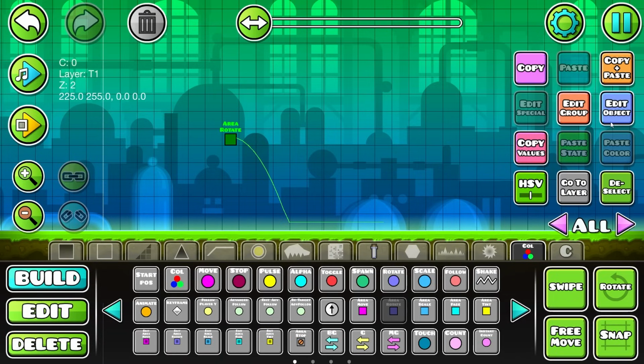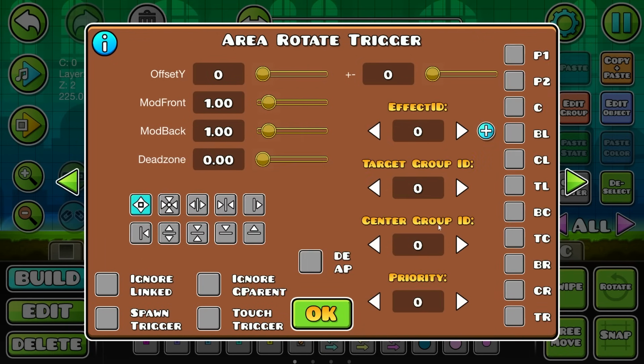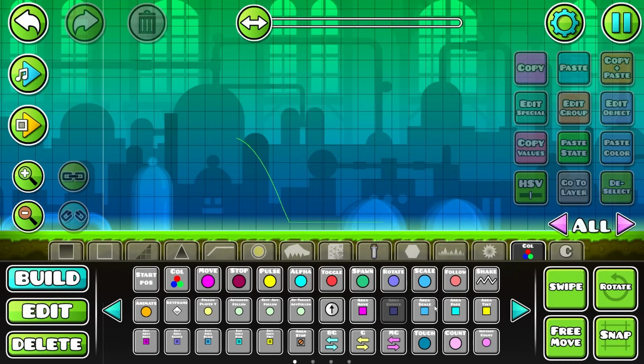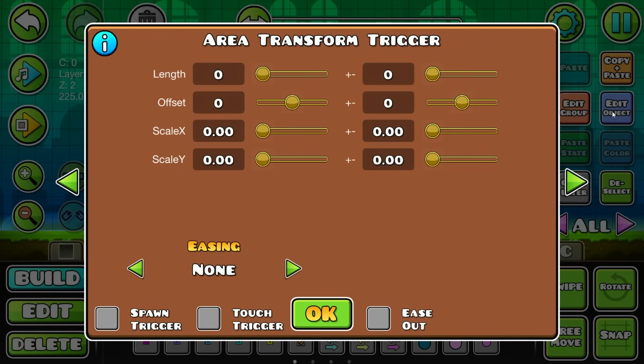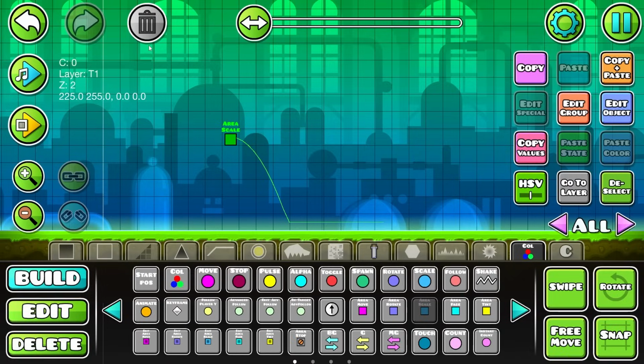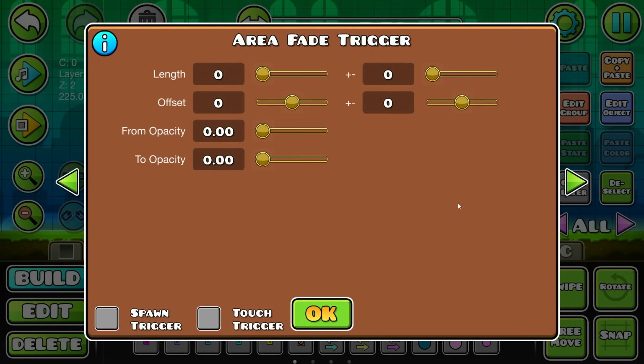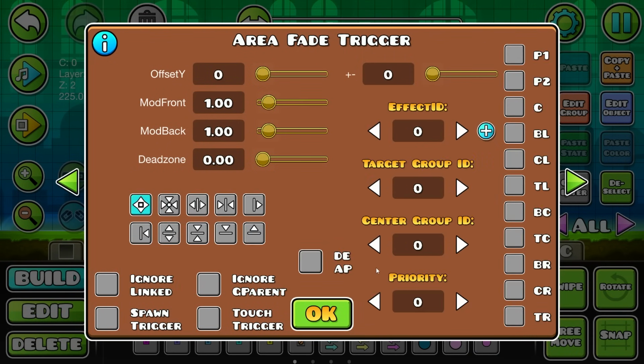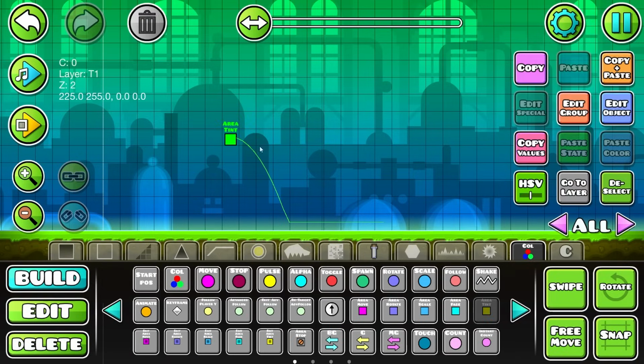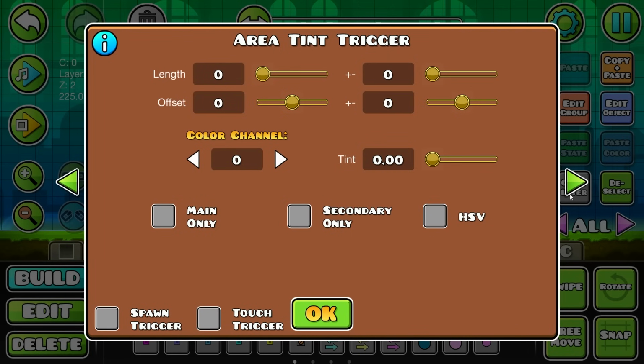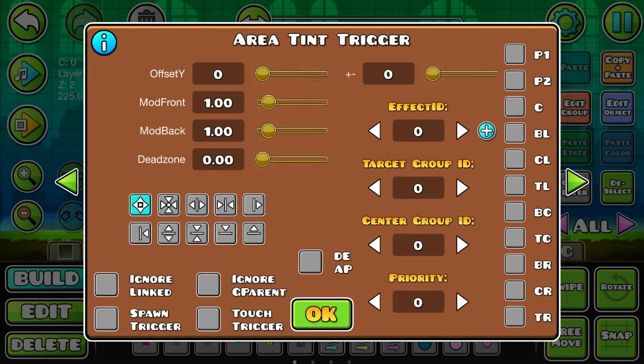The area rotate trigger allows you to rotate certain things according to how far they are from different objects. The area scale trigger allows you to scale certain things depending on how far it is from different triggers. The area fade trigger allows you to fade certain objects depending on how far they are from the center group ID. The area tint trigger allows you to tint certain group IDs depending on how far they are from the